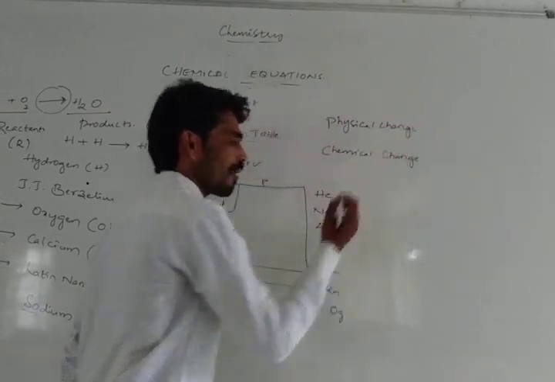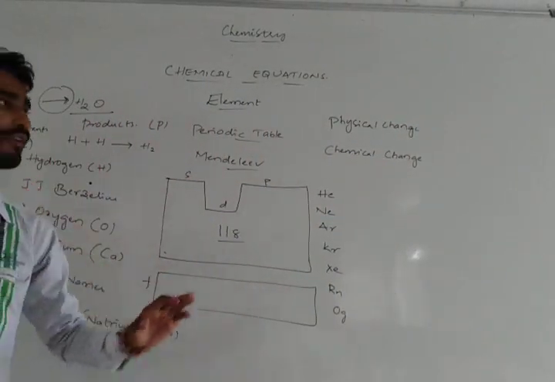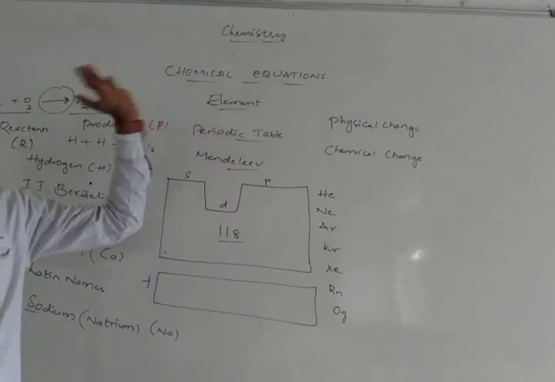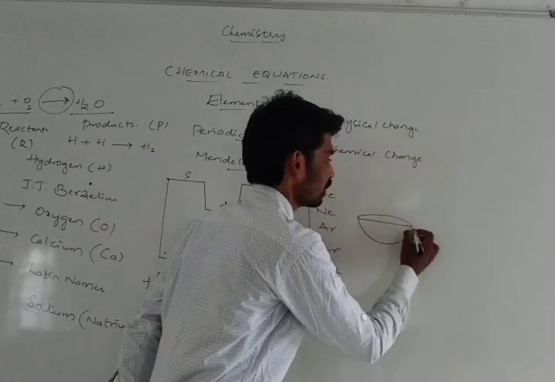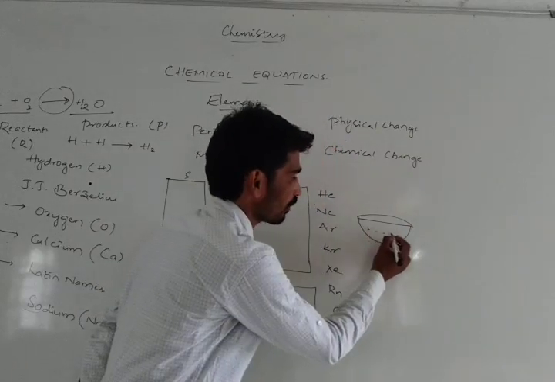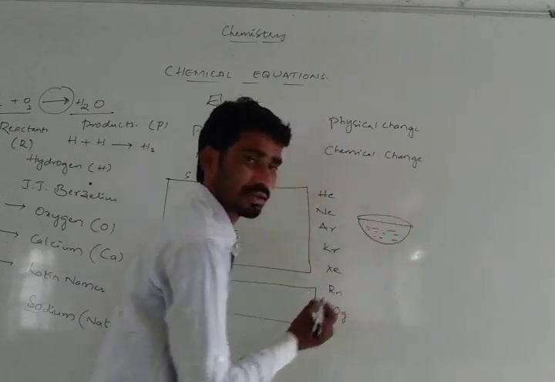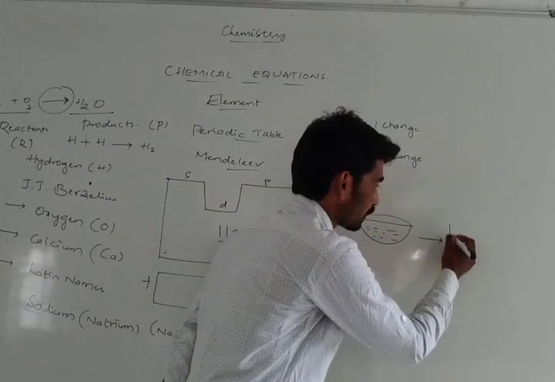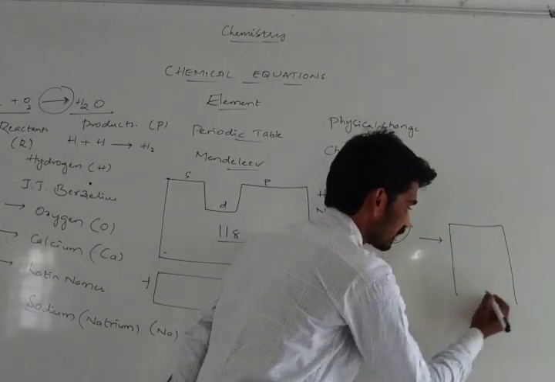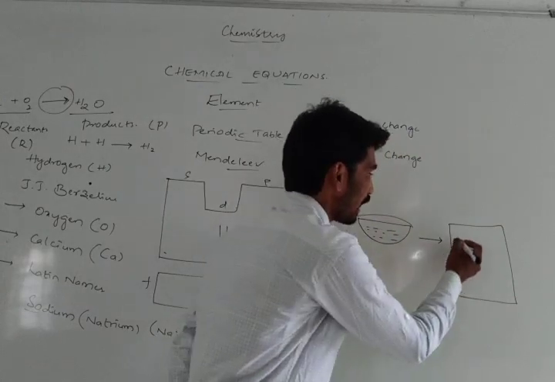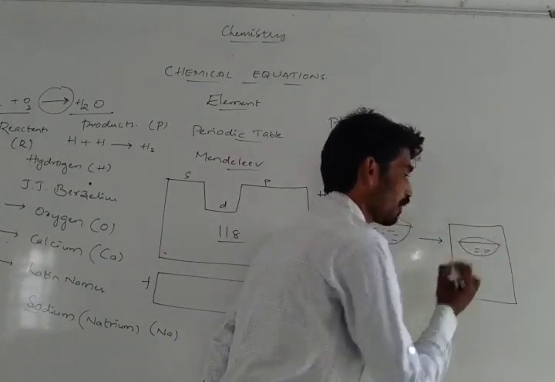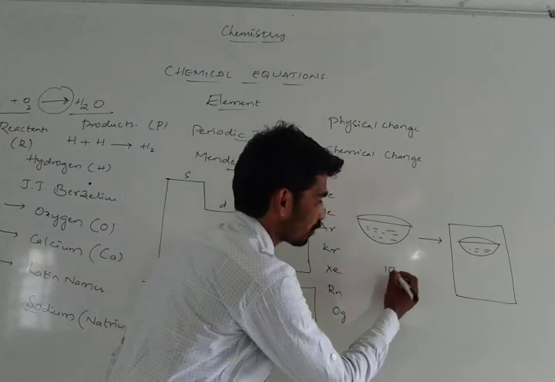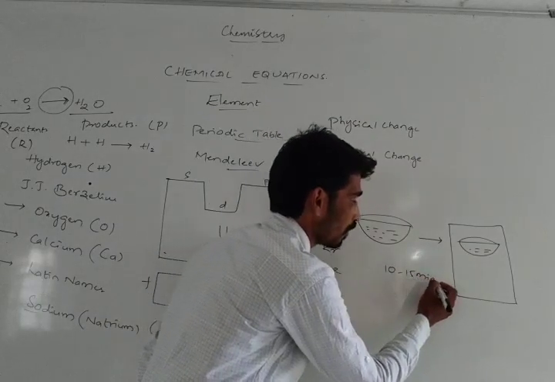Let us discuss now, by considering a common example, and I will give a definition of physical change and chemical change. For example, we take one particular beaker, and in this beaker we fill some water. Then we take a refrigerator, and here we place the same water bowl. Exactly 10 to 15 minutes later, we take that